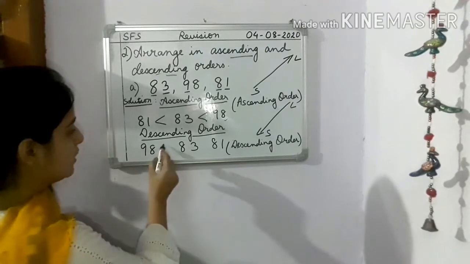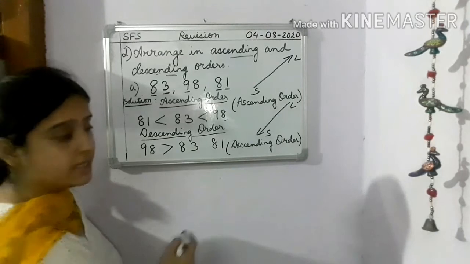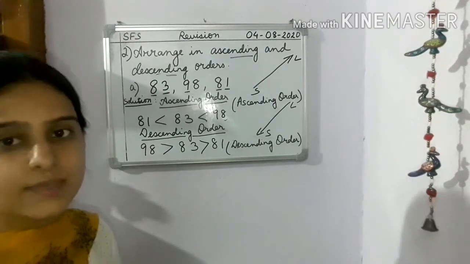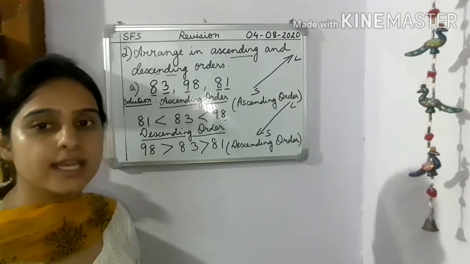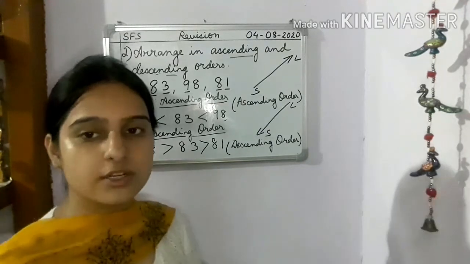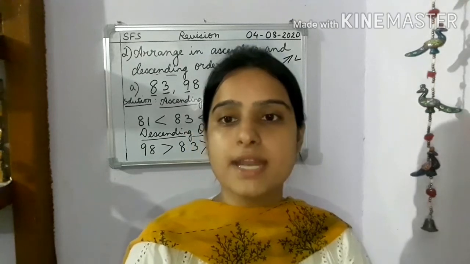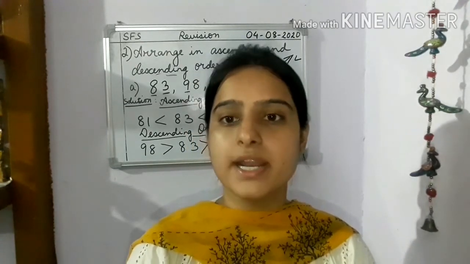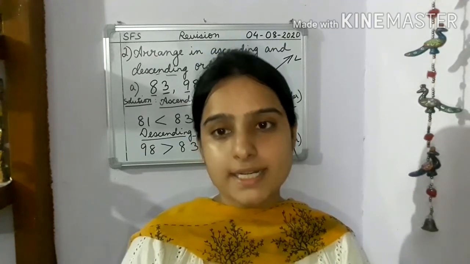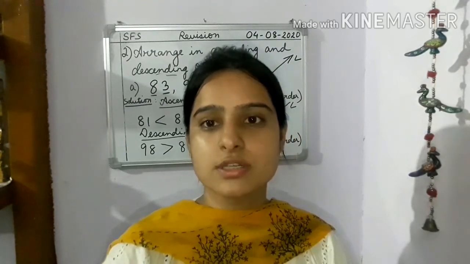Okay. So what we are going to give is the symbol. We are going to give that 98 is greater than 83 and 83 is greater than 81. Is it clear to everyone? It's very easy, children. You have to just practice at home. So you can do this in your copy, children. So what we have done today, we have done comparison of numbers using the symbol greater than, smaller than and equal to sign. Okay, so you practice this at home, children, and if you have any doubt you can ask me. Thank you so much. That's all for today.